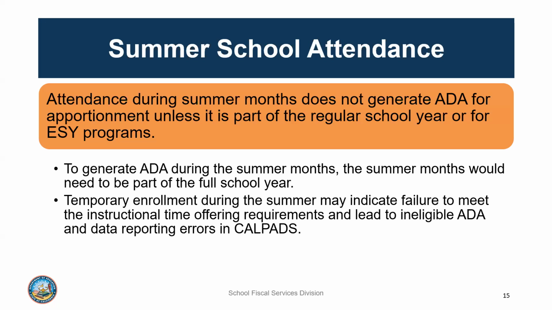Slide 10 describes the minimum number of minutes of instruction that must be provided to students for a charter school to claim ADA. To be clear, a charter school that operates a multi-track calendar must provide this number of instructional minutes for each instructional track. If a student enrolls into a charter school during the summer months, that student should be placed in a track operated by the charter school for a minimum of 175 days of instruction, as well as the required number of annual minutes. If a charter school only intends to offer students school days during the summer months, they are not meeting this requirement.